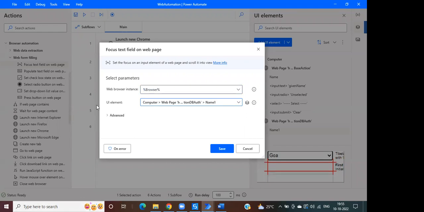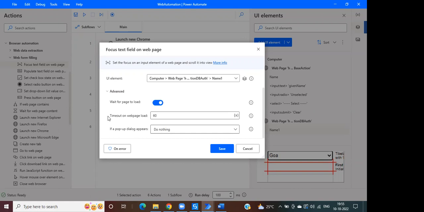Okay. Any advanced thing we have? Nothing. It will wait for 60 seconds. Wait for page load means if the page is not loaded, it is still loading, it will wait for 60 seconds to timeout. Means it will say, okay, page is not loaded, I have to go. It will not keep on waiting. Then if a pop-up dialog appears, do nothing, press a button, or close it. So whatever your wish, you can